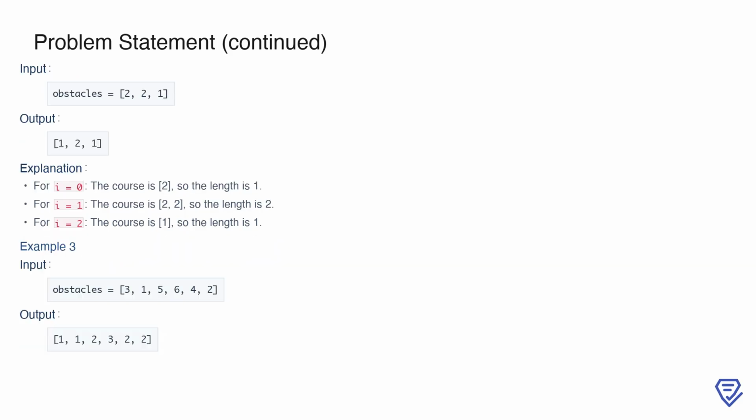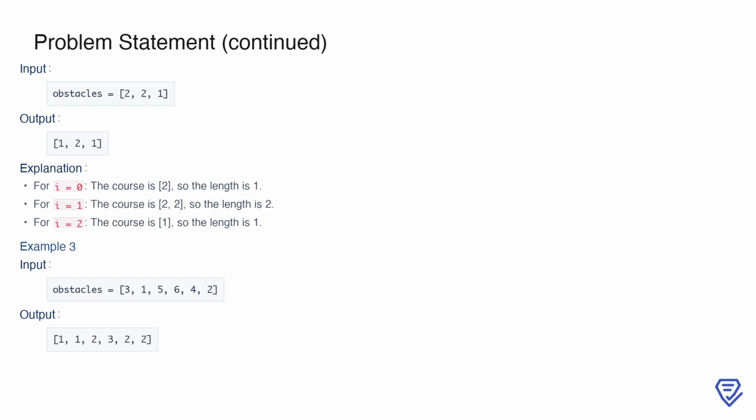Now, let's examine the second example. If the input array is 2, 2, 1, the output is 1, 2, 1. For i equals 0, the course is simply 2, so the length is 1. For i equals 1, the sequence 2, 2 is valid because the heights are non-decreasing, giving a length of 2. For i equals 2, the course resets to 1 since no previous elements can extend the sequence, resulting in a